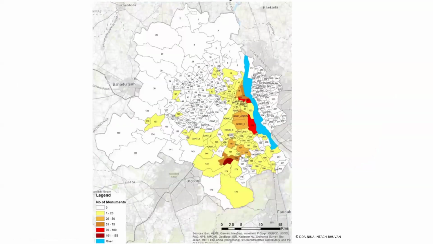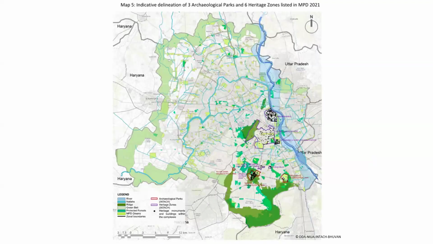Coming to the ward-wise, this only talks about the number of monuments, and you can see the dark red areas, the maroon, is where the maximum number of monuments are. And of course, the river as a reference. So moving on from here,